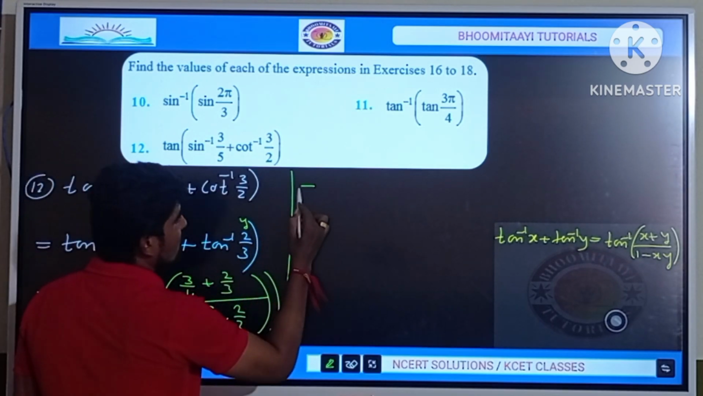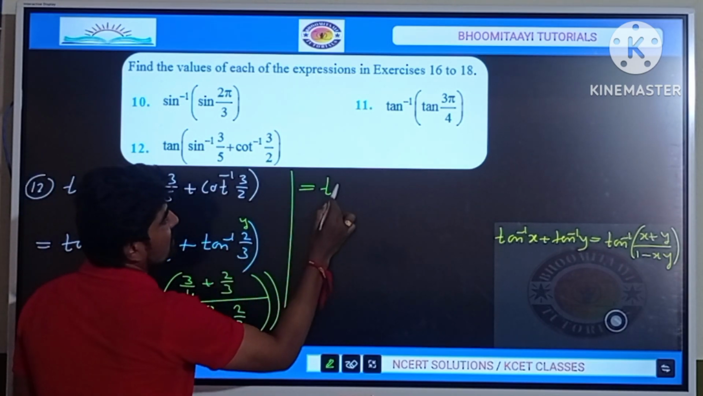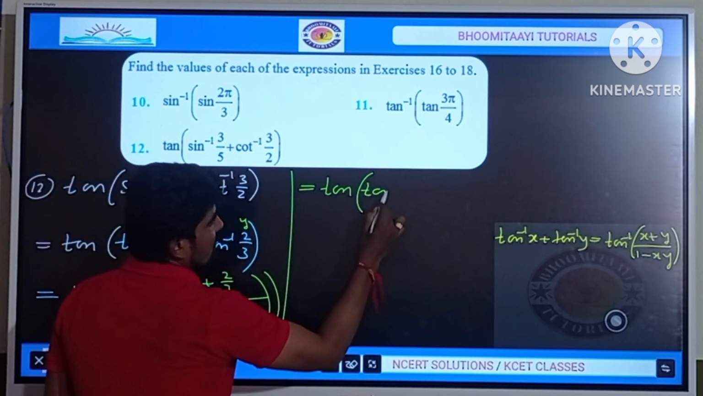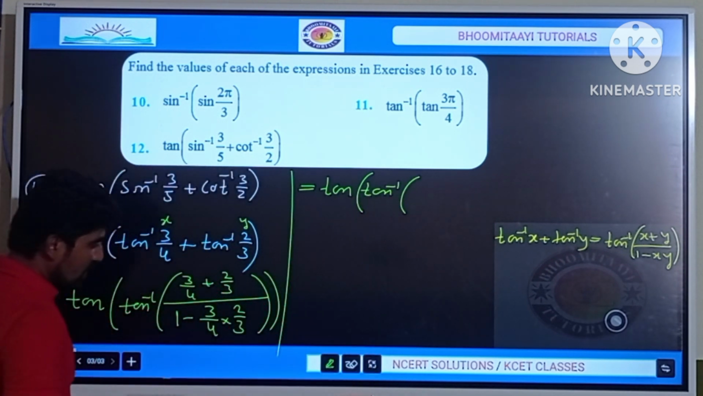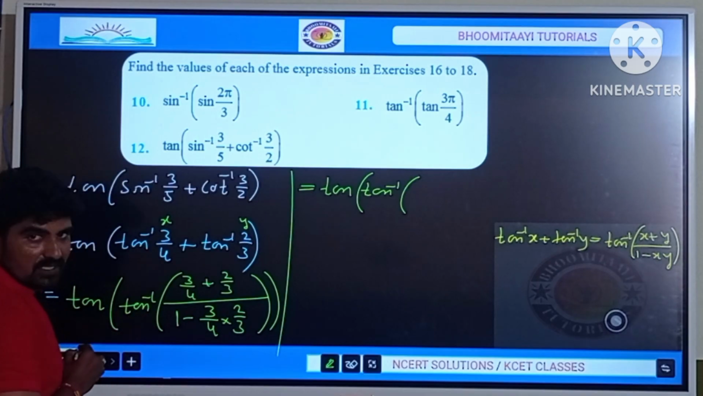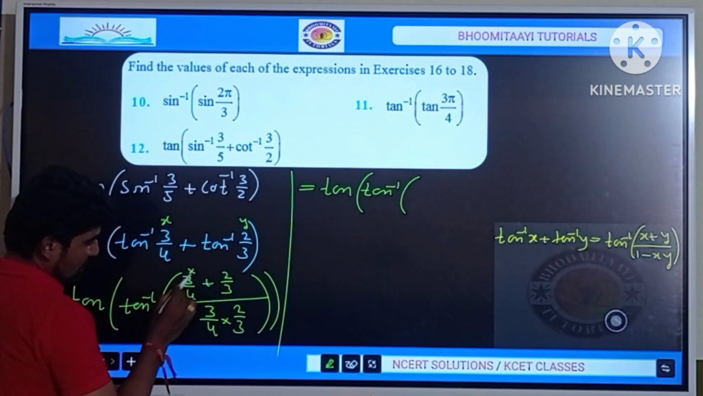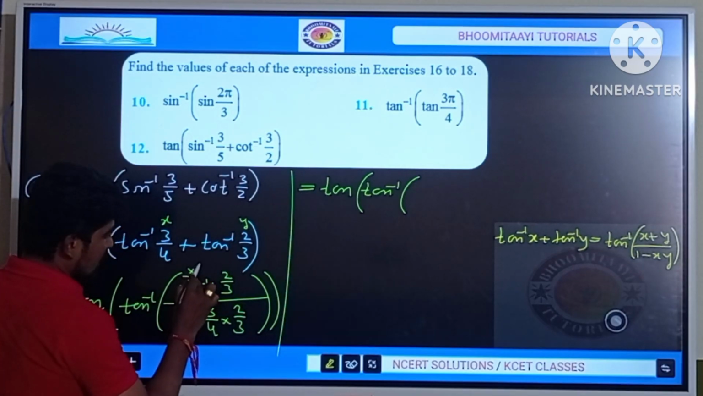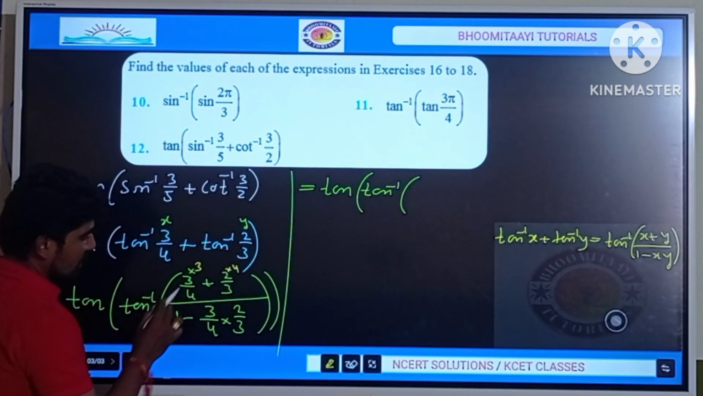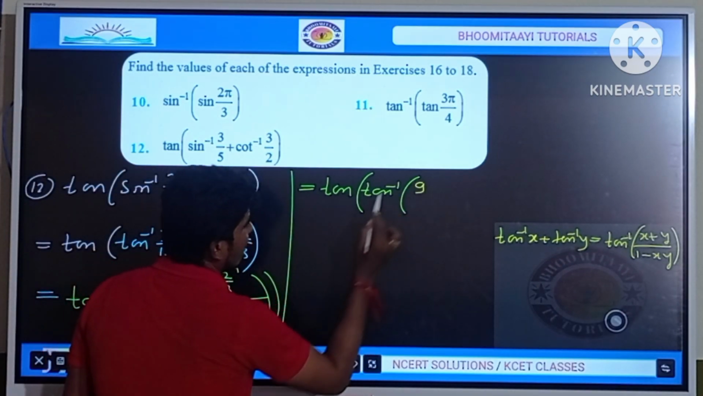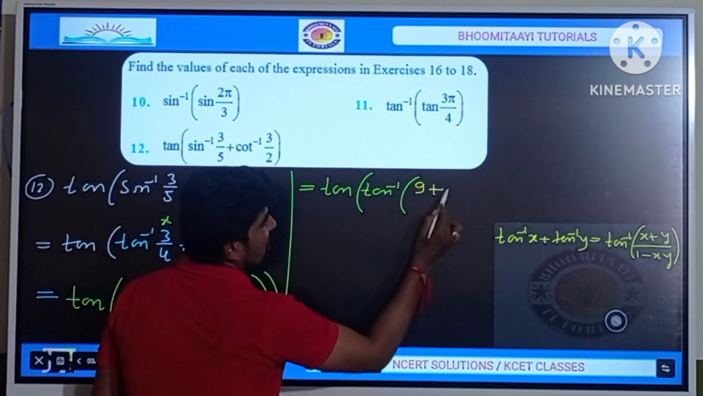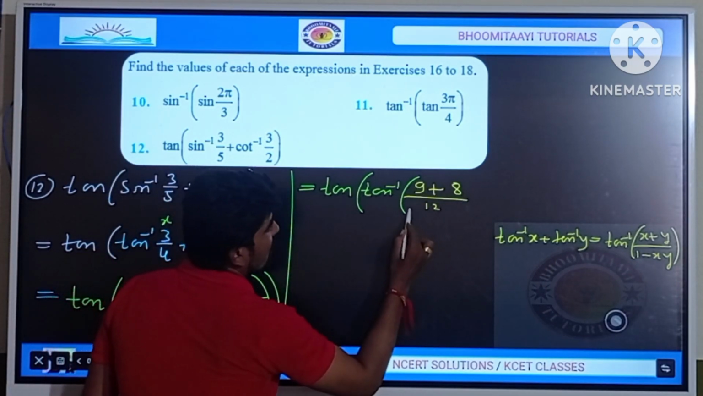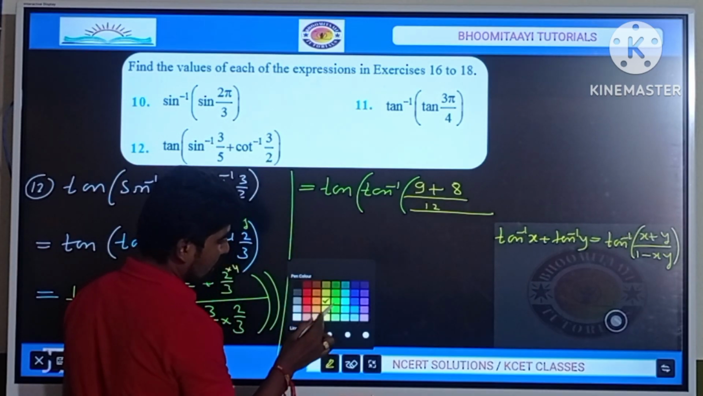Now which is equal to tan inverse of, in the numerator the LCM of 4 and 3 is 12. So here multiply by 3 and here multiply by 4. So 3 into 3 is 9 plus 2 into 4 is 8, divided by the LCM, which is 12. Now the whole divided by,